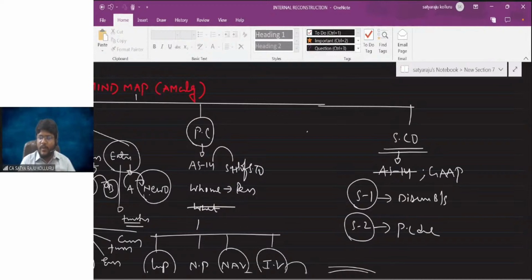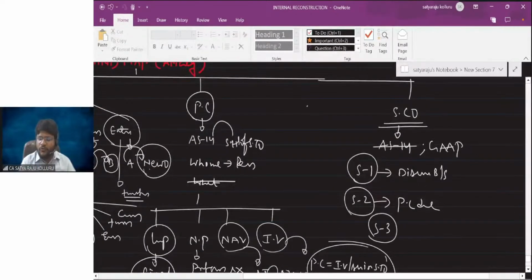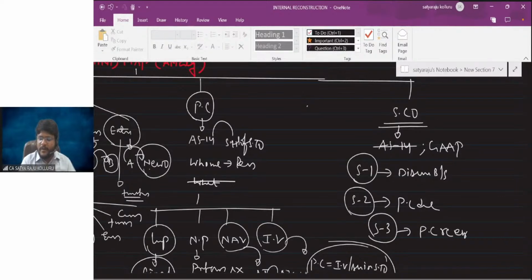The journal entry is purchasing company account to realization account at the rate of purchase consideration. So before providing step number 2, first you should calculate PC in a working note. Then you can easily complete step number 2. After PC due, you should receive the PC, which is PC receipt. You may receive it in the form of equity shares, preference shares, cash, debentures. That's why equity shares of purchasing company, preference shares of purchasing company, debentures of purchasing company, cash to purchasing company, you should cancel.